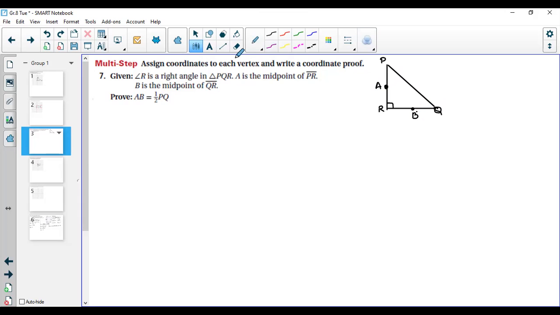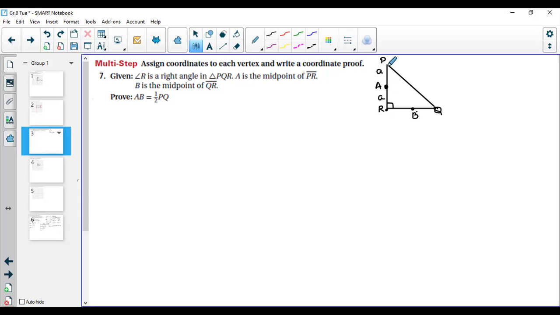Okay, so now first let's name these places. This is going to be 0, 0 as usual. What is this coordinate going to be? What do you think? The length from here to here is given to be A. That's why they said A is the midpoint. So if from here to here it's A, the remaining part from here to here is going to be A as well, right? Because midpoint means half. So if half of the length is A, the remaining half is also going to be A,